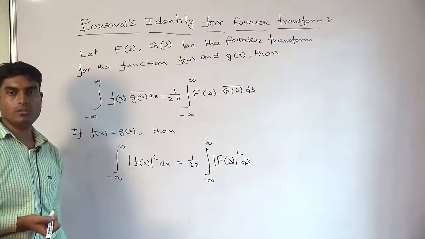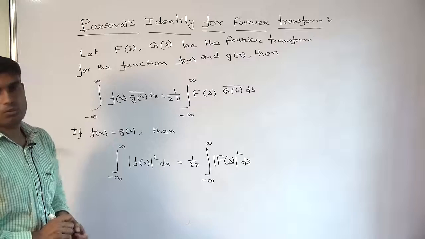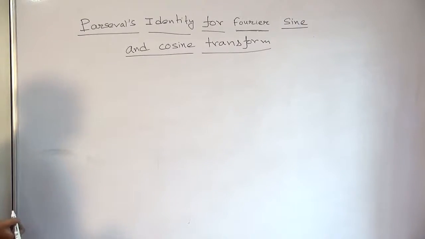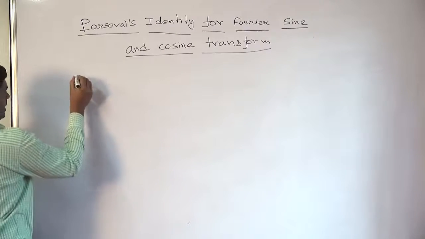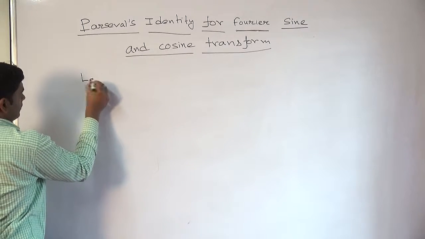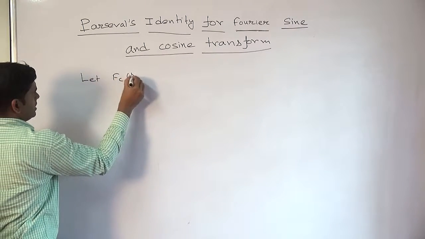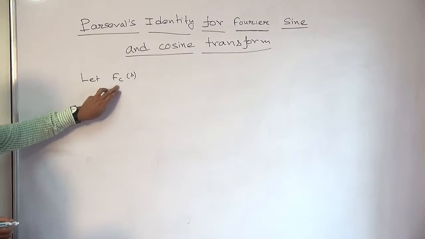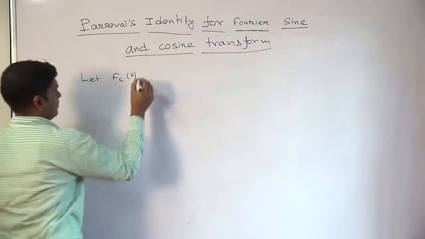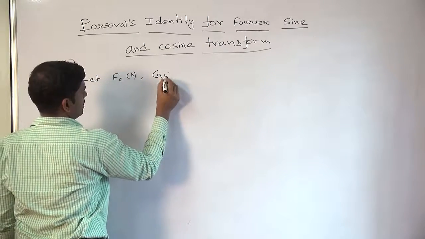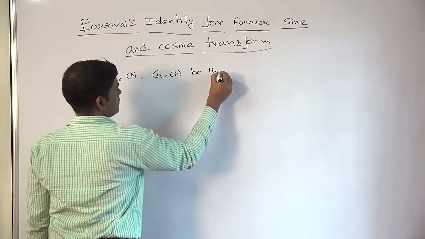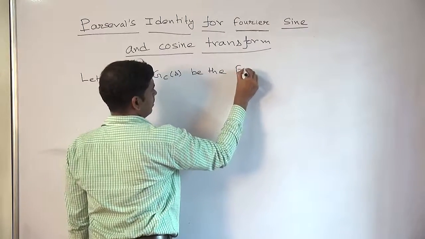Now similarly, if we find the identity for the sine and cosine transforms, we can get another sort of identity. So let's see what those two identities are. Now we will talk about Parseval's identity for the Fourier sine and cosine transforms. Let's say generally we denote the Fourier cosine transform by taking the suffix c of the function f(x),